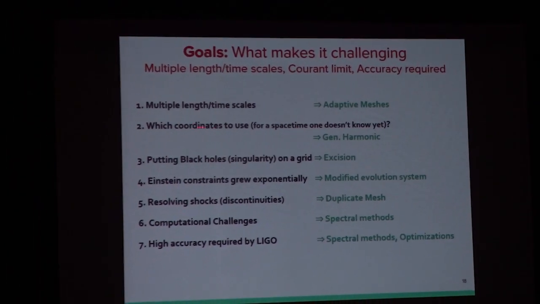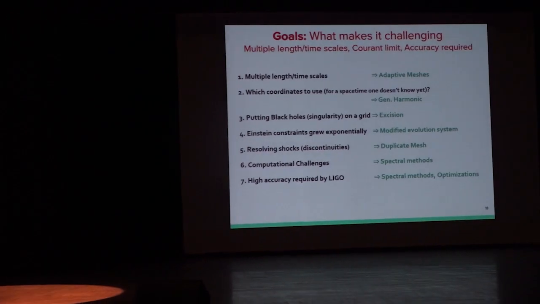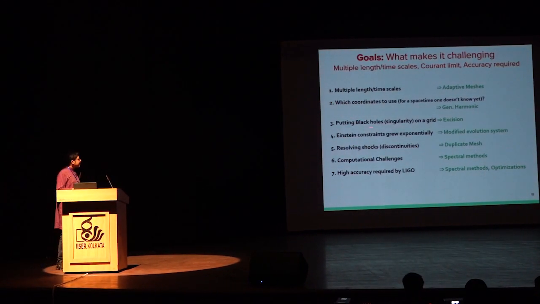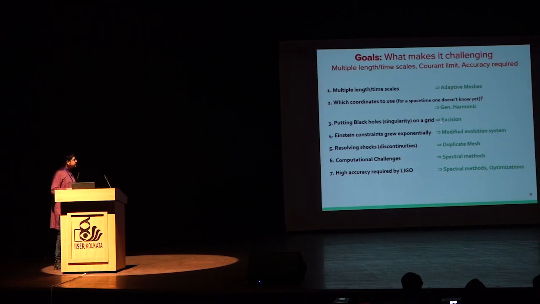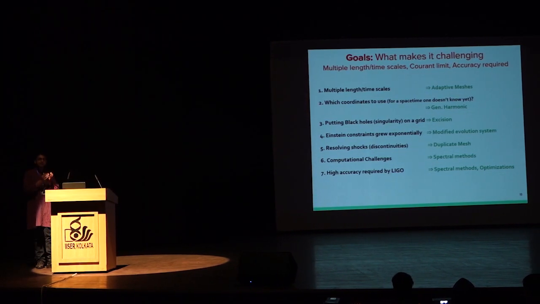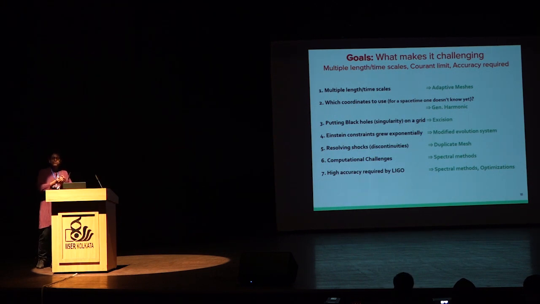And the generalization of them turns out to be quite a stable gauge to use when performing numerical simulations. Now, when we put black holes on a grid, what SpEC does is it takes a small region of space-time which is outside the singularity yet inside the horizon, and it excises that region from the grid. So it doesn't place any grid point within that small region. In other words, the grid is sort of protected from the singularity through